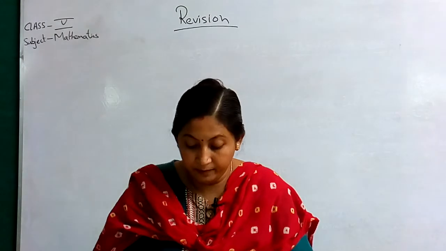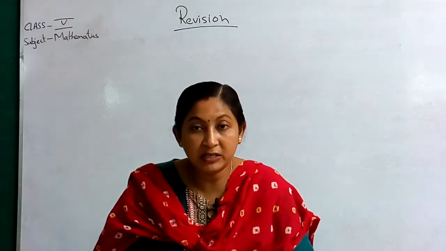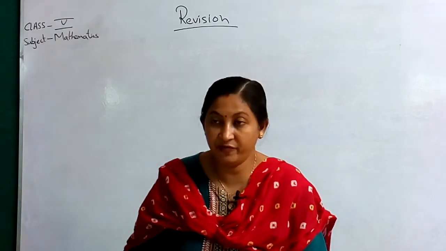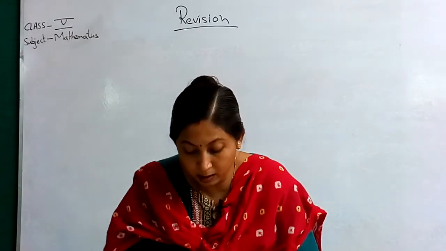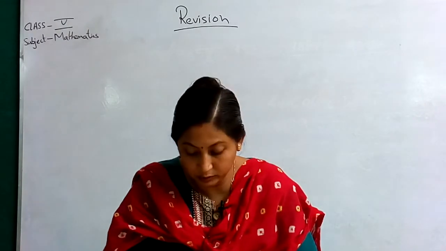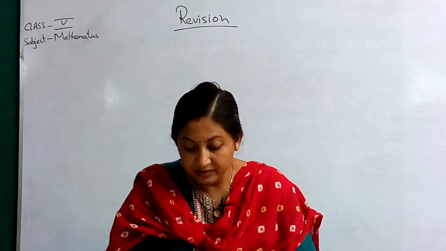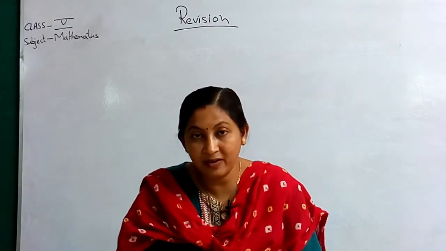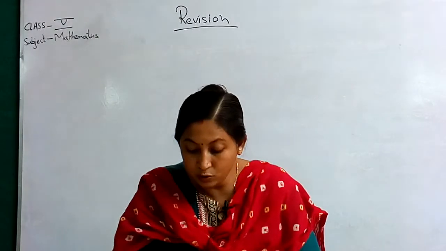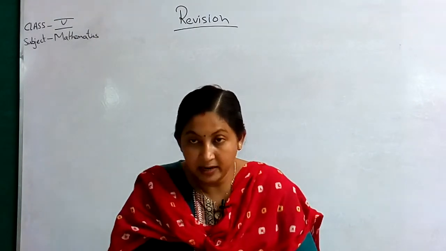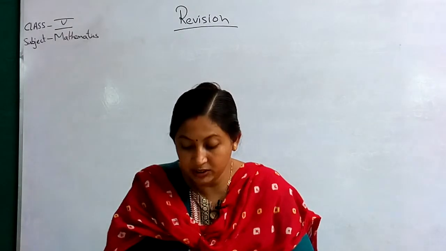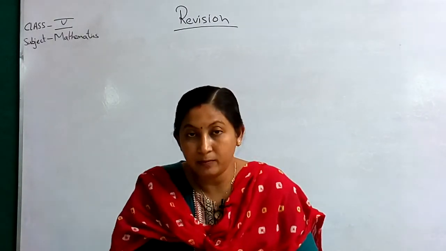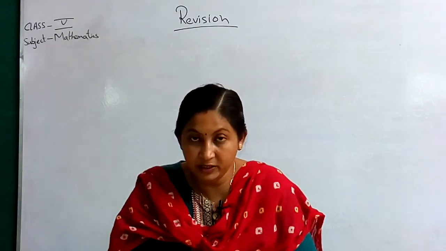Next one, number J, 13 into 4000. So first you multiply 13 fours are, just read the table, 13 fours are 52 and then write the zeros. Here it is 3 zeros, so you will write 3 zeros. Then K, 1500 into 8000. So again multiply 15 into 8 and then write the zeros. L, 639 divided by dash is equal to 639. It will be 1. Then M, 0 divided by the number, the answer will be 0 itself.